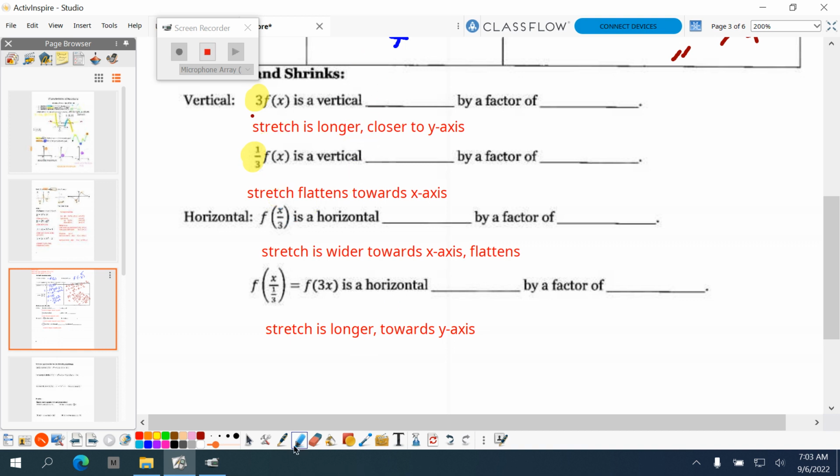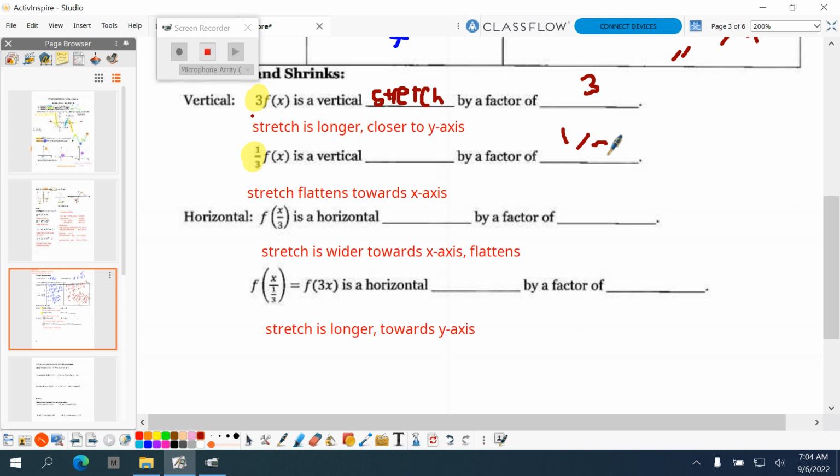So how do I deal with this? When a number is big, when it's a number, you get the absolute value of it. We call it a vertical stretch, and it's stretching by a factor of 3. And let's look at all these factors. So we have a factor of 1/3